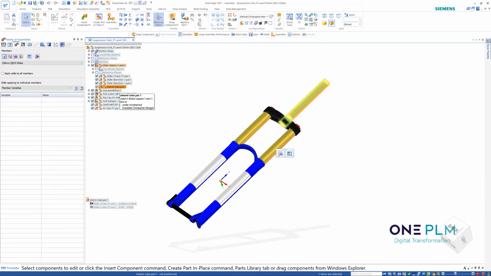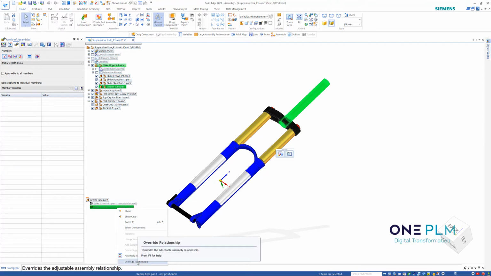So I can now go and find the appropriate variable. For this I'm just going to stick the steerer tube down 20mm in this instance. This is a sub-assembly within here, so this is going to be just within this specific variable. It's not going to be changed within that sub-assembly. It's only within here. So I want to select that option, and I'm going to choose allow override or override